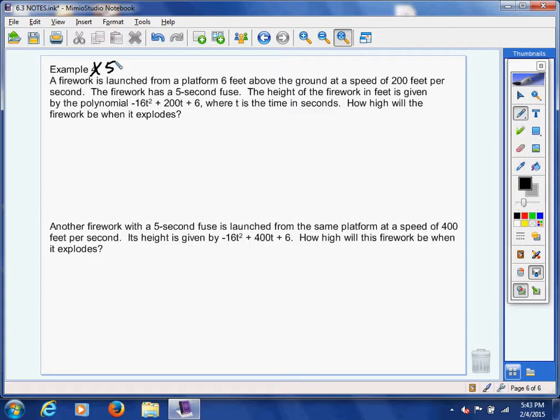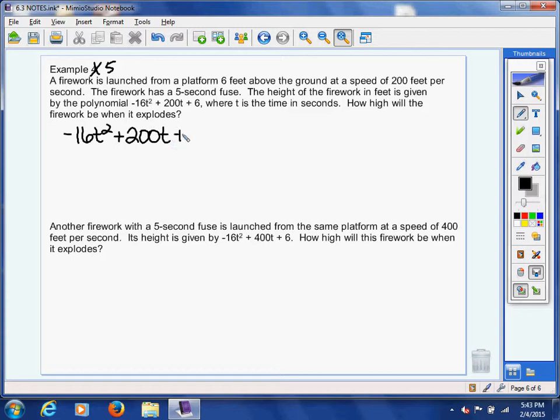All that means is when they light it, it won't immediately explode. It'll take 5 seconds for it to explode. So that's why you want to light it and then send it up as quick as possible, because 5 seconds later, it's booyah, okay? The height of the firework in feet is given by the polynomial negative 16t squared plus